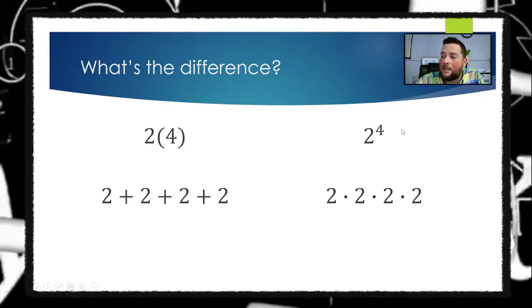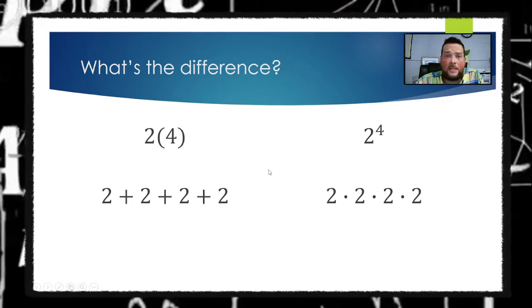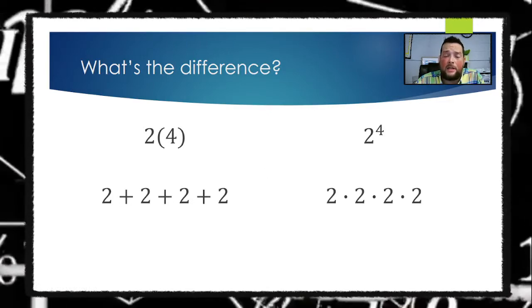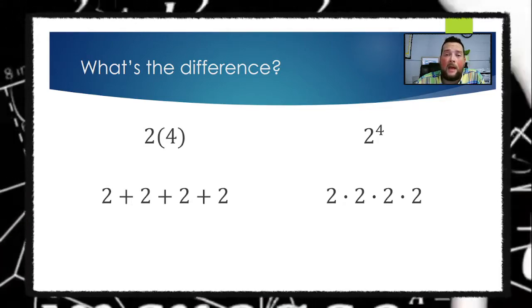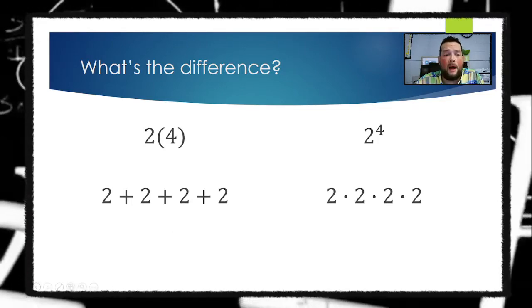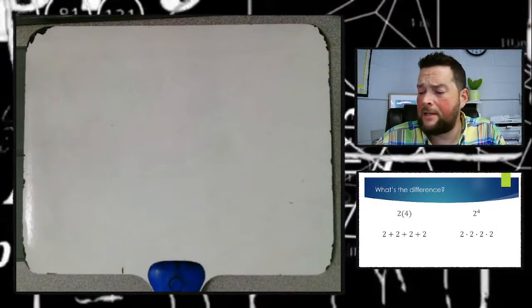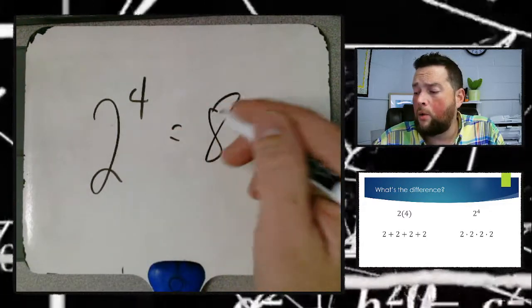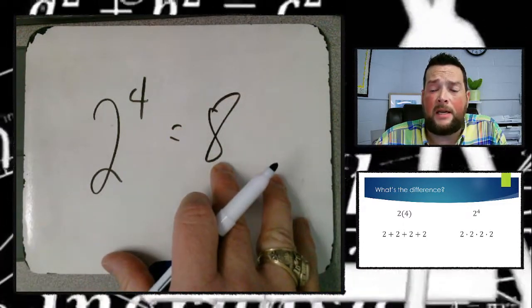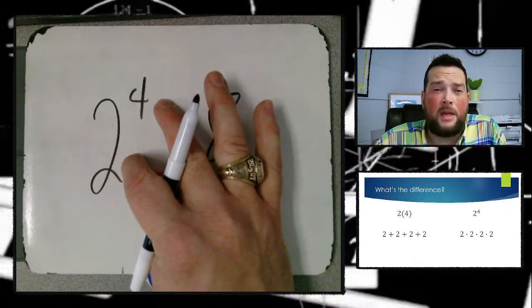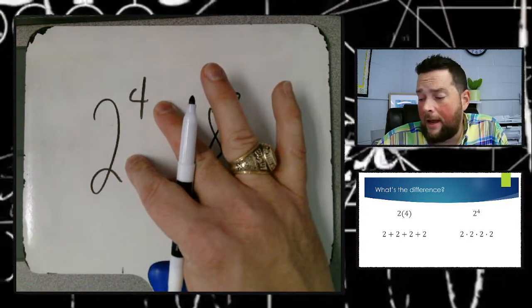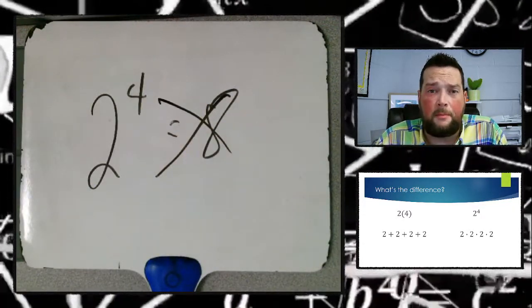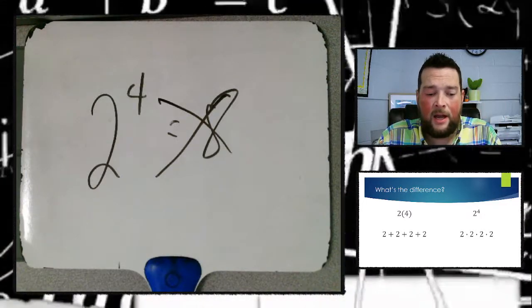All right, so exponents are not a cute way to write multiplication. I have a lot of students, a lot of individuals, that make a common mistake of seeing this 2 to the power of 4. Whenever they see it, they just kind of see 2 times 4, which would be 8. That's what we see just by looking at this, and we think, well, maybe that's just a cute way to write a multiplication problem. But this is not a cute way to write a multiplication problem. It's a condensed way to write